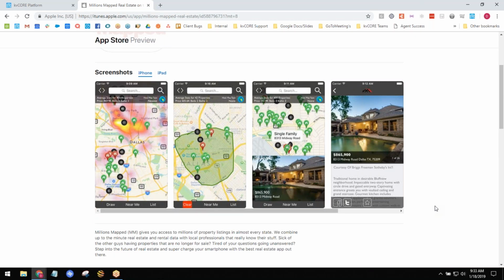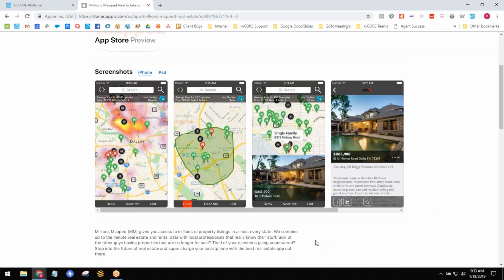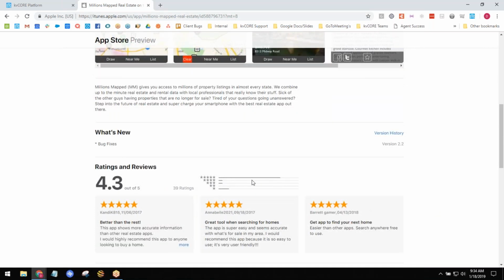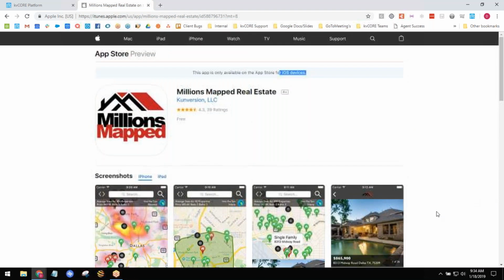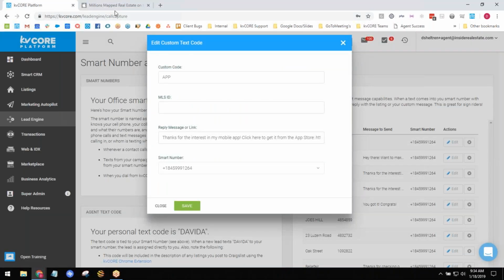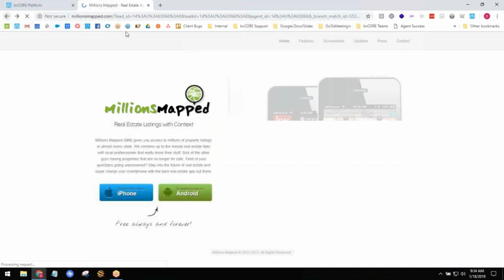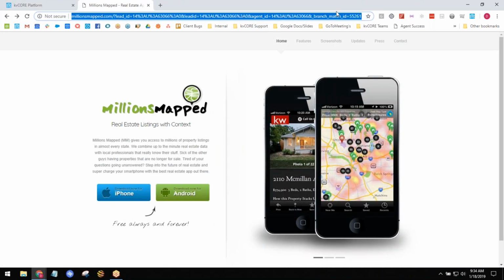And what's cool is when they download that app for the first time, and then they click on open for the first time, they're automatically going to be logged in, and there's going to be a pop-up that comes up that has your information that says brought to you by so-and-so agent from this brokerage, right? So it's going to be looking like an exclusive app for you, the agent. And so play around with it a little bit, write some reviews. We have some great feedback on it, and give that a look. So going back to text codes though, just so you guys know, we probably wouldn't want to, actually we don't for sure want to send over this link.